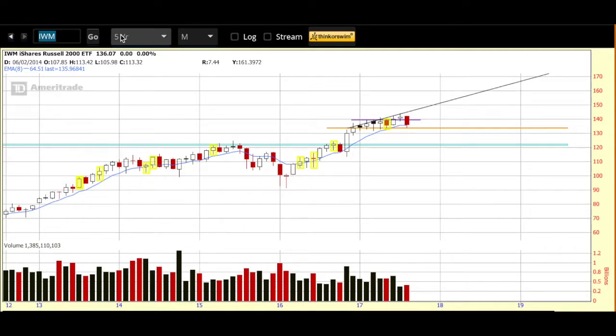I always like to start off with a big picture view, so I use the IWM, which is the ETF that represents the Russell 2000, and I step back to take a look at it on a 5-year monthly time frame. So we're looking at the 5-year monthly candles here. I've got this diagonal line of resistance, a purple line of short-term support, which we lost several weeks ago, an orange line of more medium-term support, and we're sitting right there right now. And then this blue line going back a long way, this is long-term support that I'm kind of ignoring for now. So this is our area of focus, this wedge that the Russell's been trading in from the beginning of